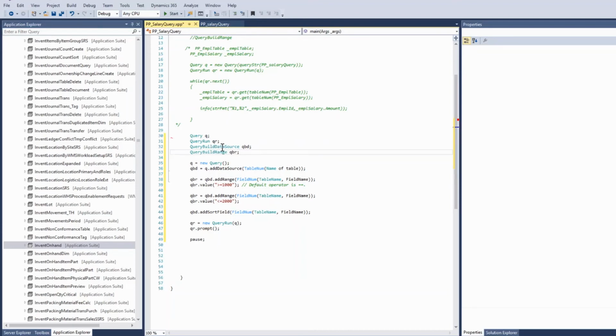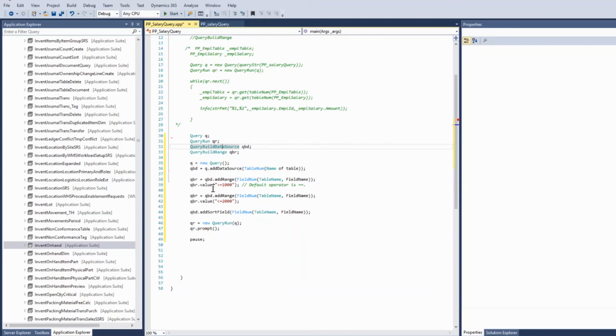To add a data source in code, you have to use the QueryBuildDataSource class and QueryBuildRange. The syntax is this: in the query object you add the data source, and you assign the name of the table. Then in the range you have to give the table name and field name, and for that range, if you have to assign a value, you use this format, and in it you can define your expression.